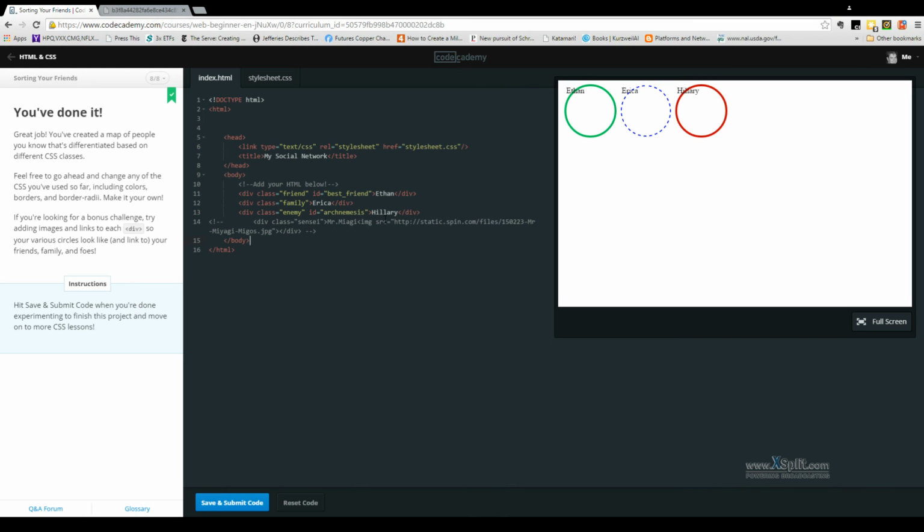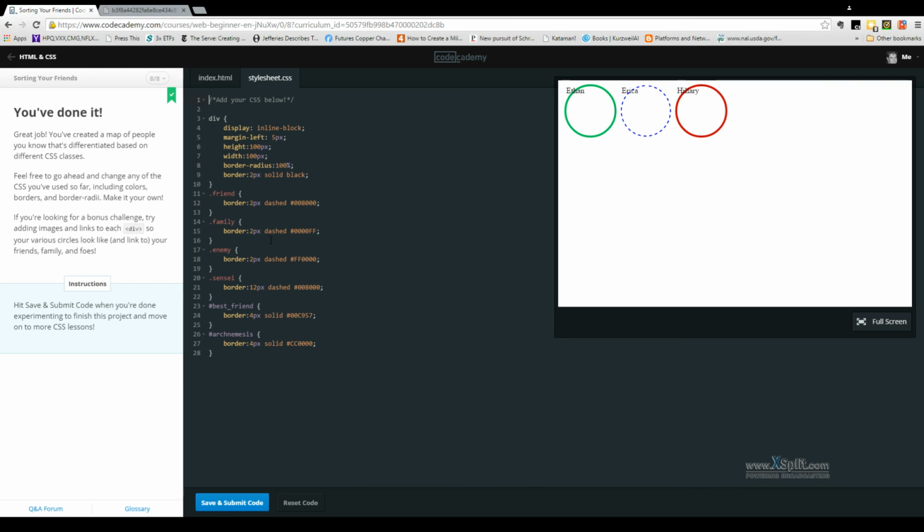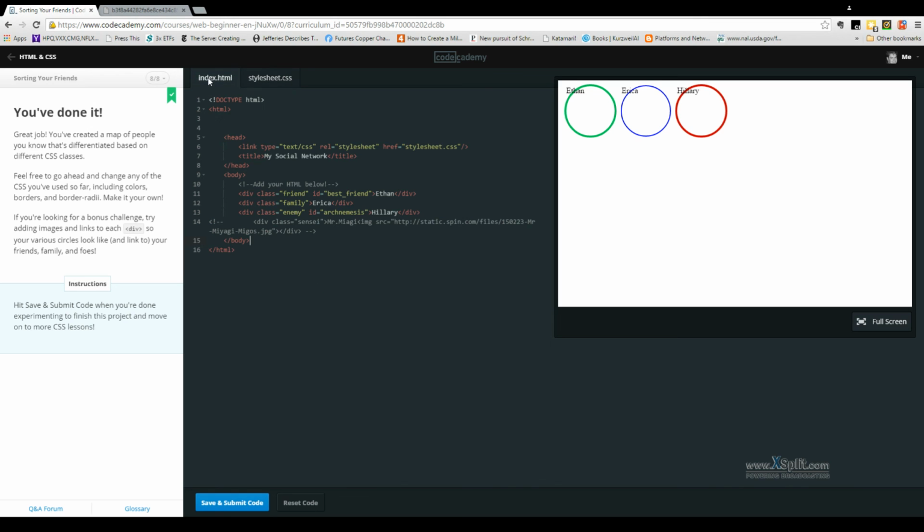But you can add things like pictures. You can add other things by changing anything here. If I want to change my family border, in this case it's Erica, you can see that I will change from dashed to solid, and you see that the Erica change has reflected accordingly. So this way, if I had multiple family members, in this case, div class family,